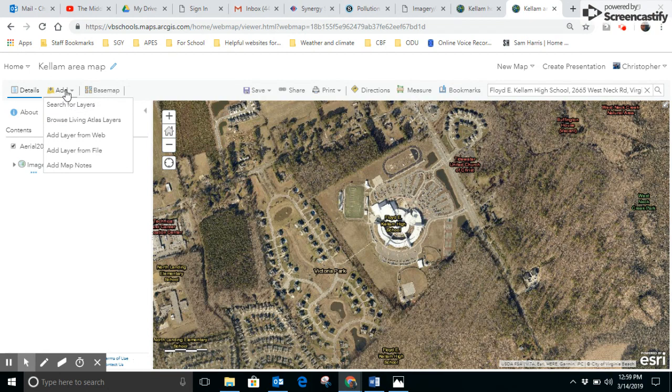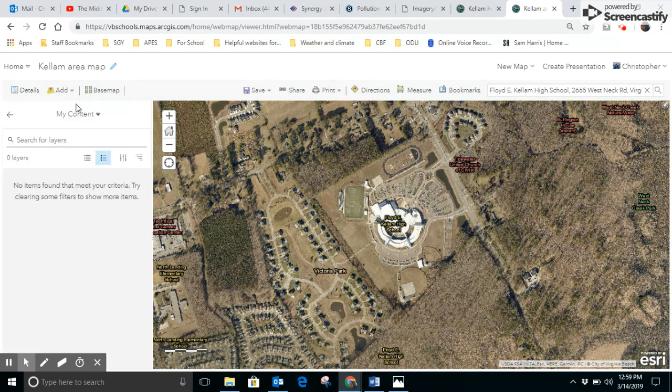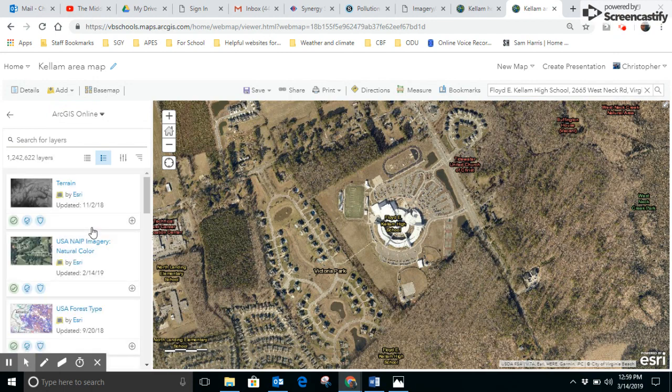And so we're going to go to search for layers. And when we get to My Content, we're going to click on that and we're going to go to ArcGIS Online, because we don't want to be searching our own content because we haven't made these special maps or these special layers. So here I am in my search feature looking at ArcGIS Online instead of my content, and I'm going to type in